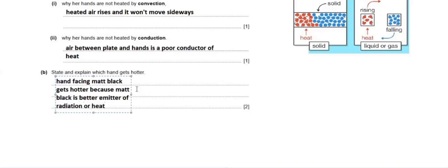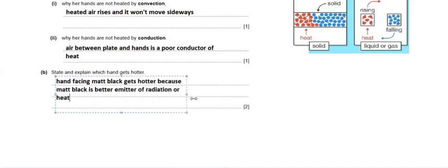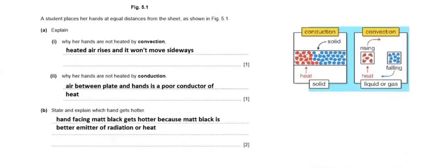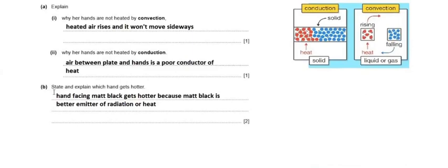The matte black will emit a greater amount of radiation, and those will reach the left hand, and that's why it will get hotter, because the matte black is a better emitter of radiation than the polished side, which is a poor emitter. So I hope you understood part B of the question. Now we'll